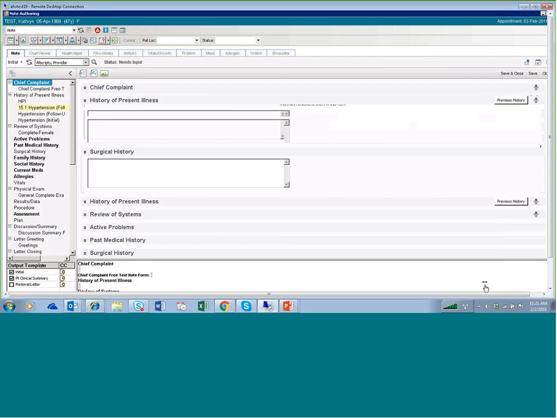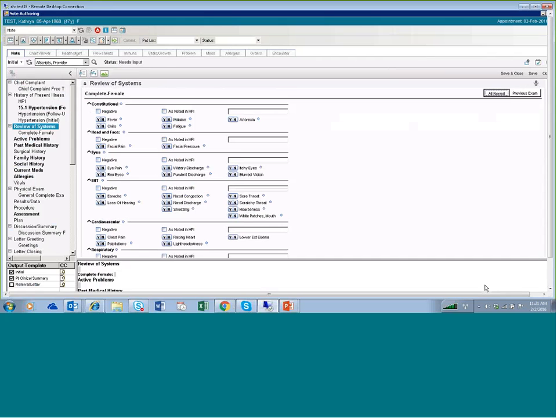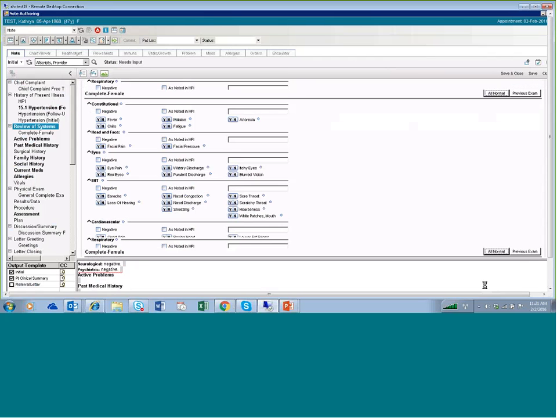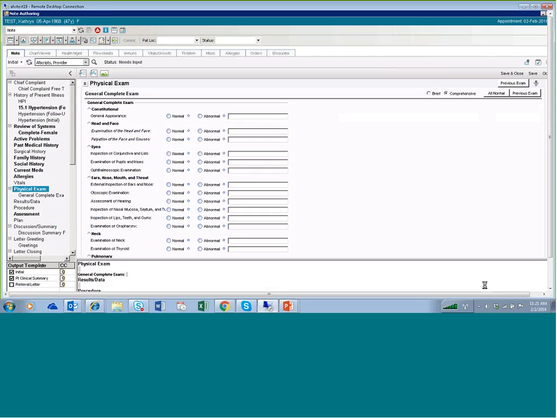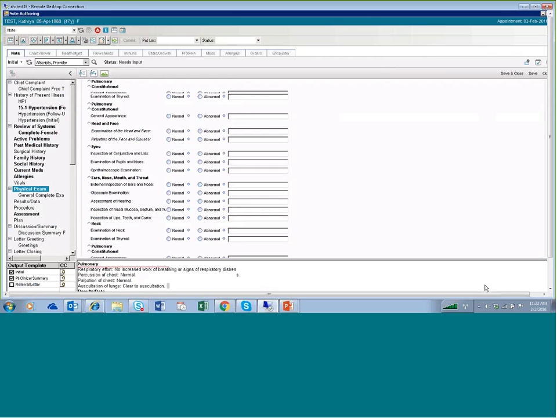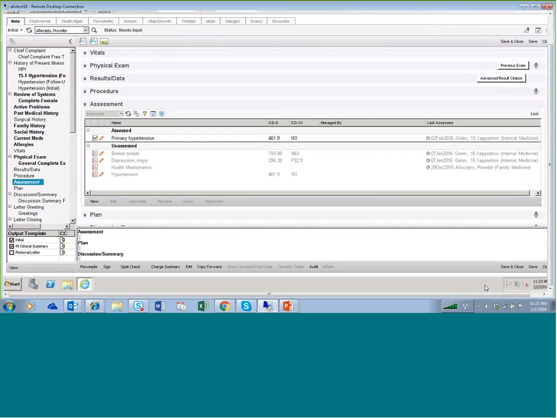So if the physician starts documenting in his note, and then he stops because his next patient is here. So if I go ahead and stop because the next patient's there and I click my save and close,